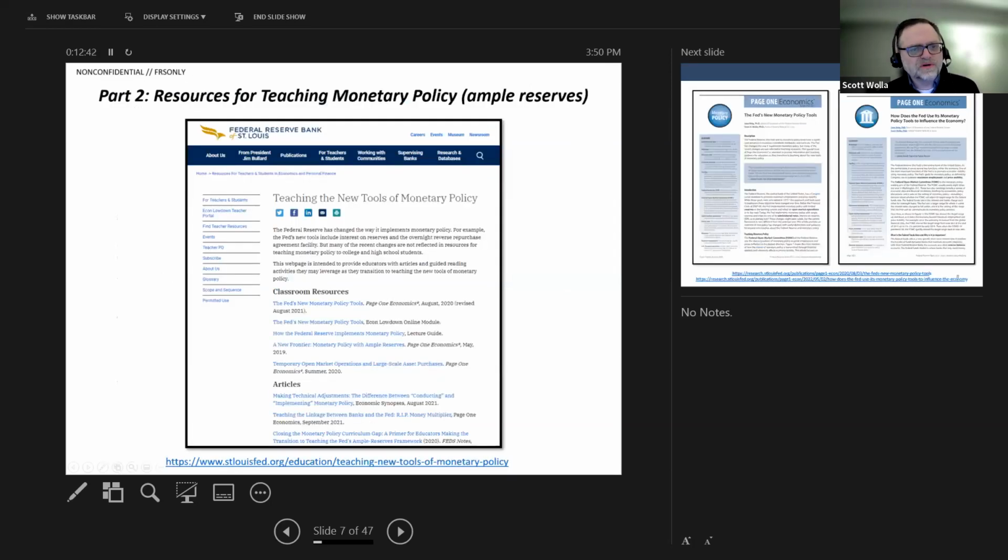So part 2 of our overview here is resources for teaching monetary policy. I have another session where I'm going to dig into monetary policy, but just to keep it short, because we're just doing an overview, monetary policy has changed, and the way we teach it really needs to change as well. And so to support teachers and college professors as they transition to teaching the new material, because the textbooks haven't really caught up,